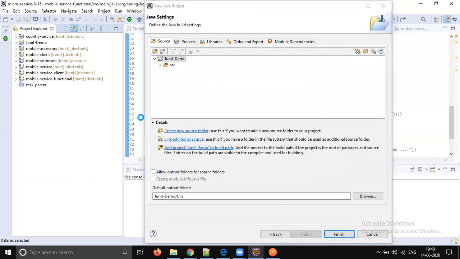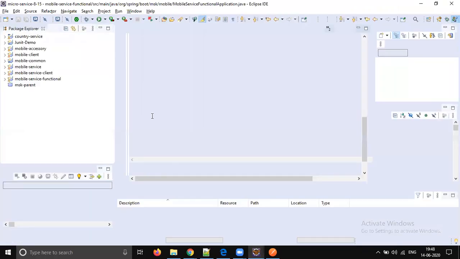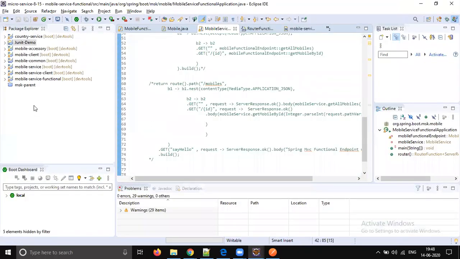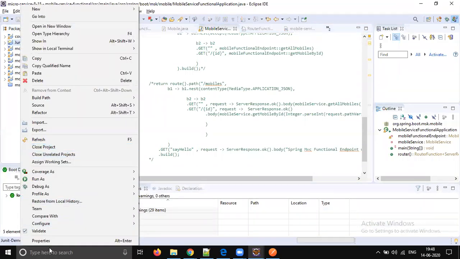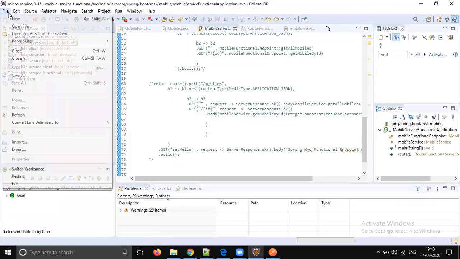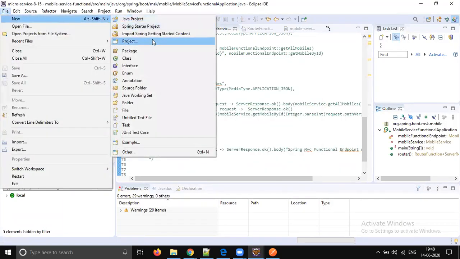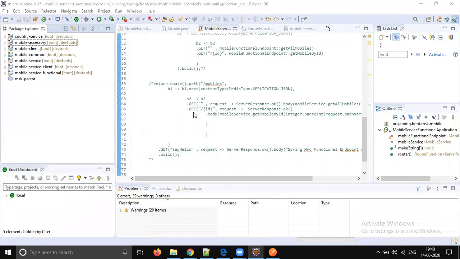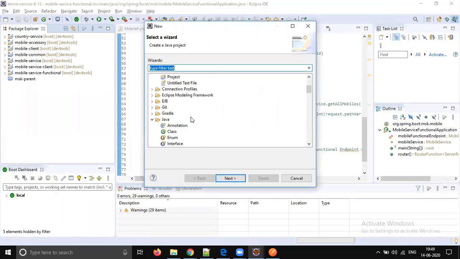Or else let's create a simple Maven project, right? It will be good. So let's delete this Java file. File, new, other, Maven project.